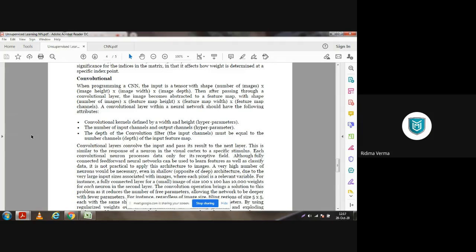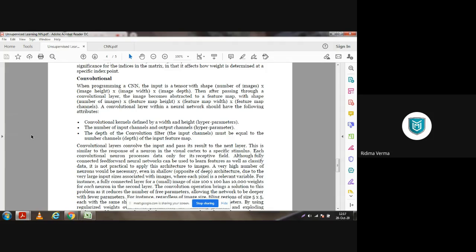With shape, that is again the number of images cross feature map height cross feature map width cross feature map channels. What it is, you will understand in more detail when we consider the example that I was just showing you. A convolutional layer within a neural network should have the following attributes: